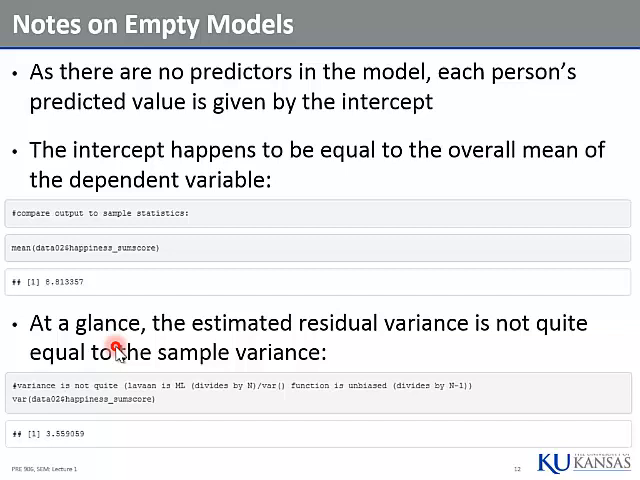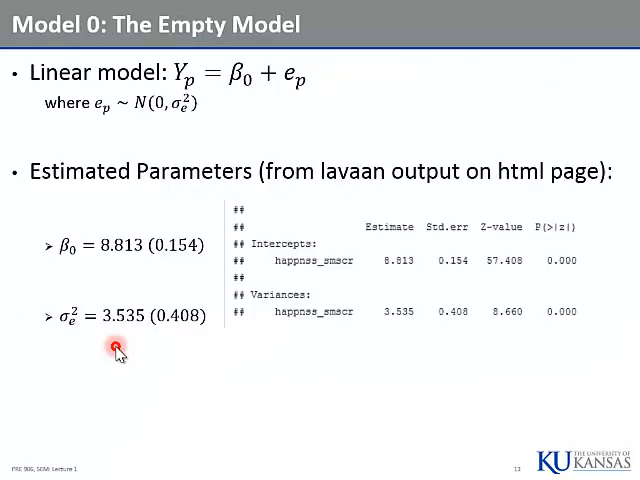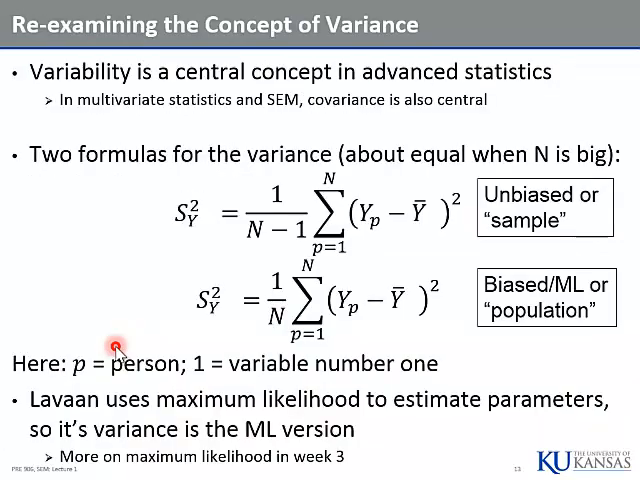So, as there are no predictors in the model, each person's predicted value is given by the intercept, and that's the mean. In fact, here's our code to give you the mean. Sorry that this is so small. You asked for the mean of the happiness for the data. It's 8.81. If you ask for the variance, it's 3.559. Believe it or not, it's close to the same thing. It's not quite because of right here. Remember there were two